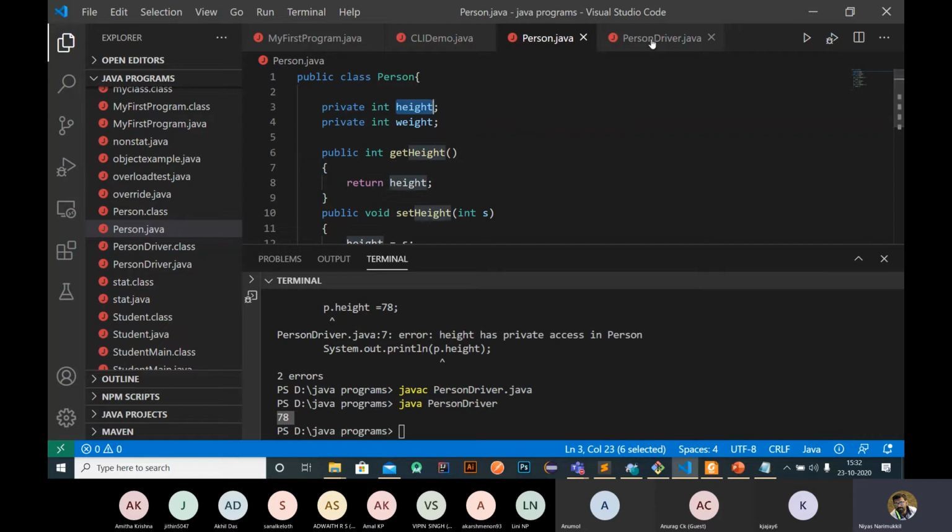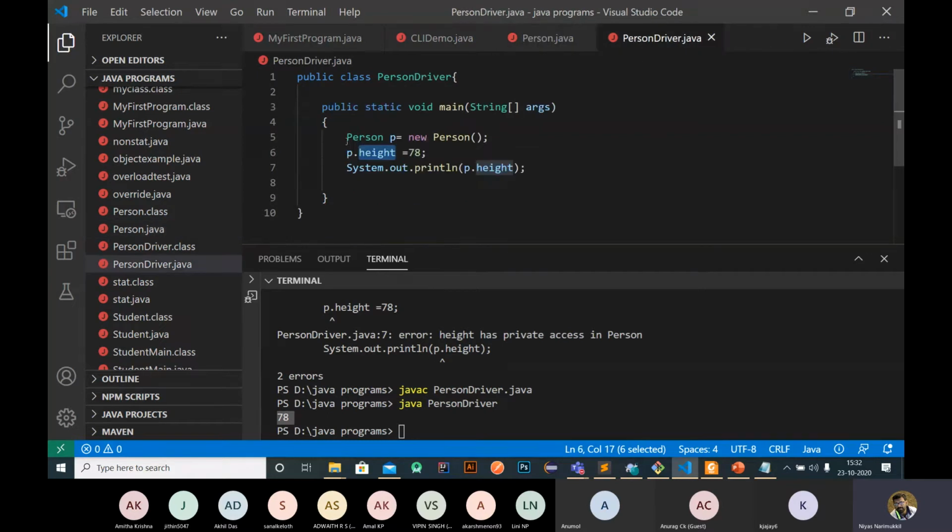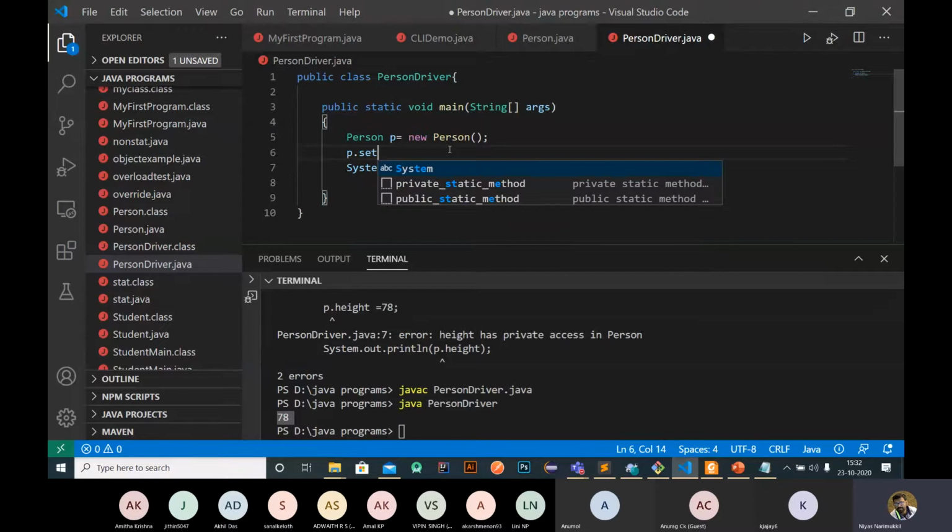Here, in this case, I just change these variables to private. So we can't use direct initialization. Instead, we need to call the setHeight method and pass an integer, for example setHeight of 164.